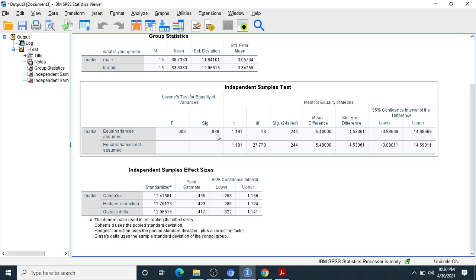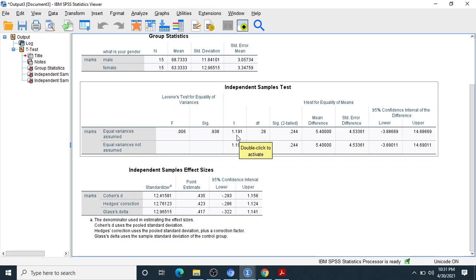Actually this value is non-significant. If the value is more than 0.05, that is a non-significant value, and if the value is less than 0.05, that is a significant value. So to fulfill this condition, it should be non-significant. If it's non-significant, we select it. If it's significant, then we go on to the next one. Remember it.